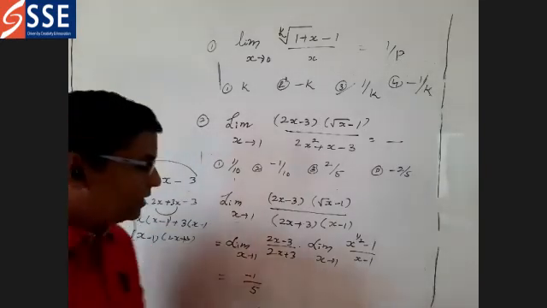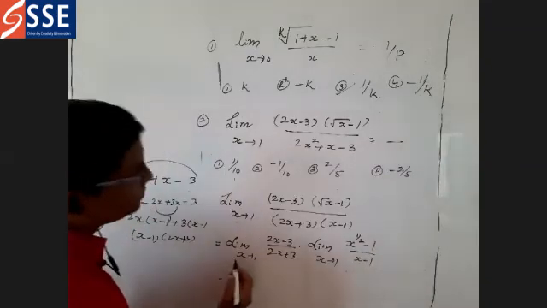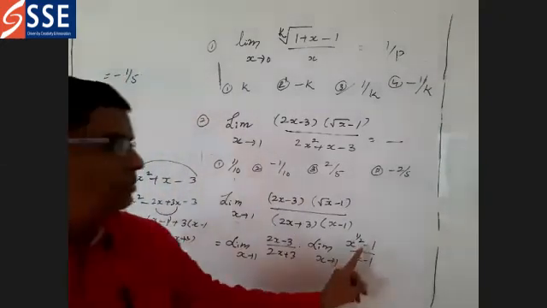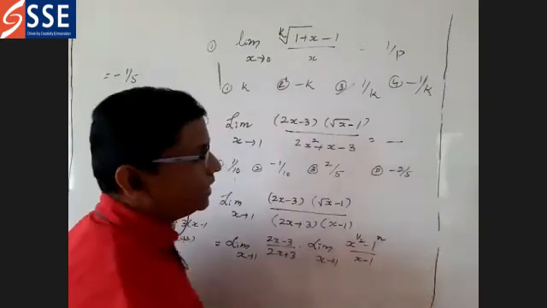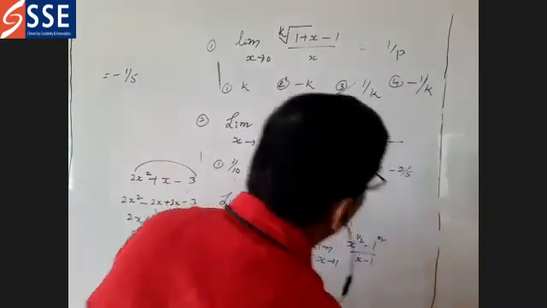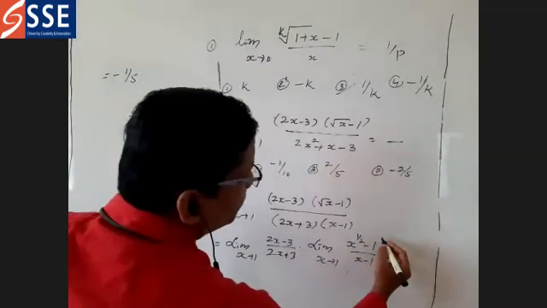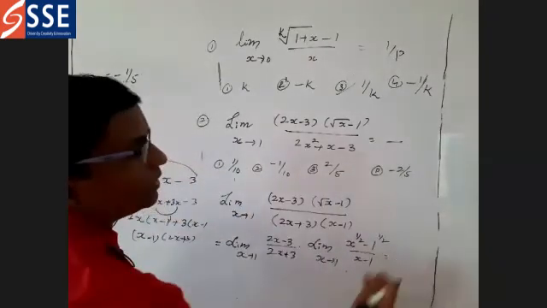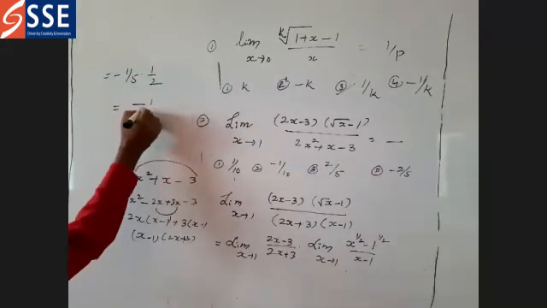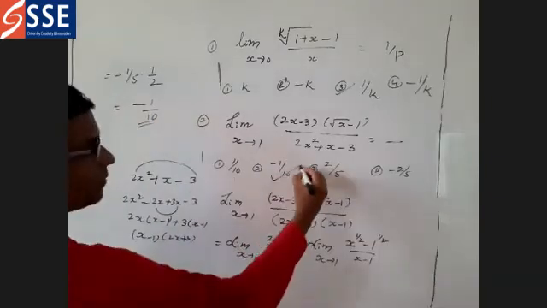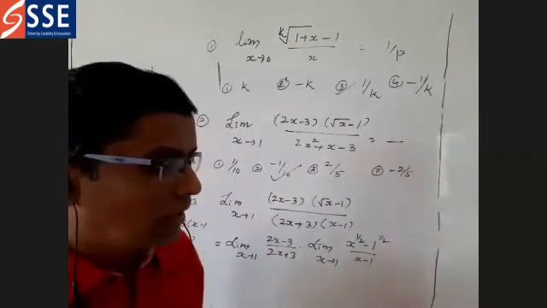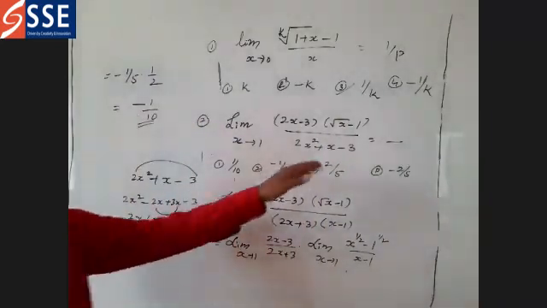Here the answer is minus 1 by 5. Here I am writing minus 1 by 5 into, substitute here, you know the formula n into x power n minus 1. Like that, if you go for writing this, automatically what you are going to get is 1 by 2 is the answer, 1 by 2 whole power. So if you multiply it, what is the option here? Minus 1 by 10, not 1 by 5 or something.